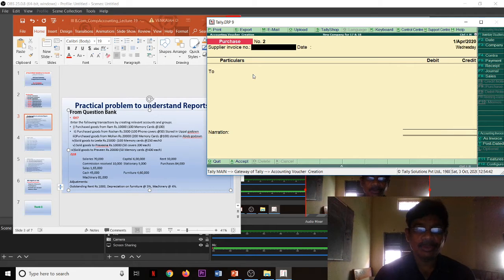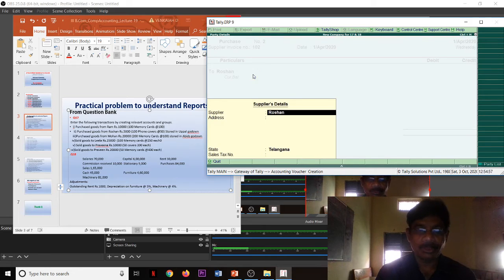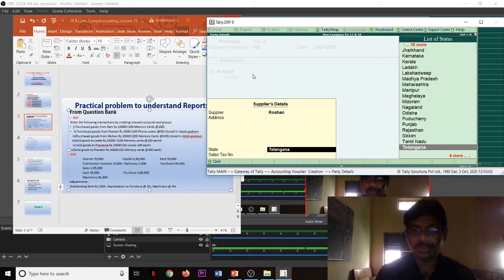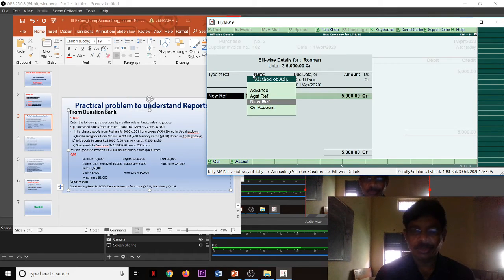Okay. Next, we also purchased phone covers. Okay. Purchased goods from Roshan. It is 102. Select Roshan. Amount is 5,000. It is Roshan details. Amount is 5,000. It is also a new reference.